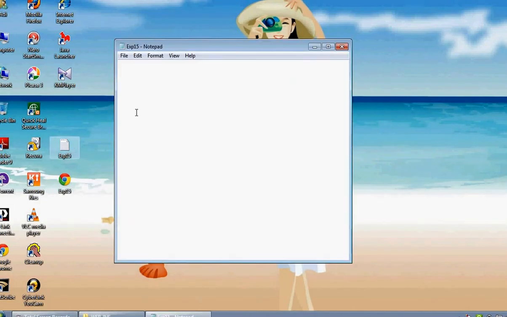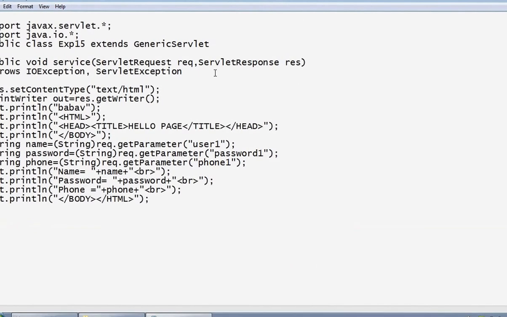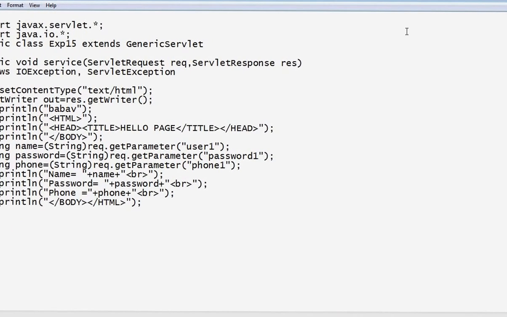This is experiment 15 of our AGP lab manual.